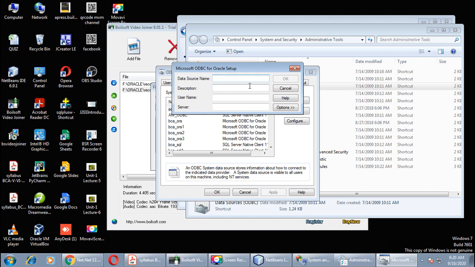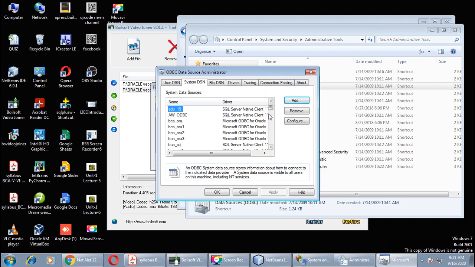Provide the data source name for Oracle database. For example, I am giving myora25, right? I will take myora in our practical, in our programming portion, but a data source with the same name, myora, is already created, so I am showing you a different name.